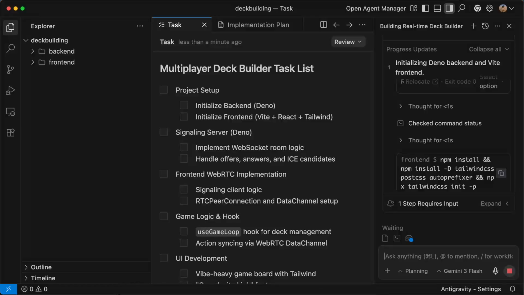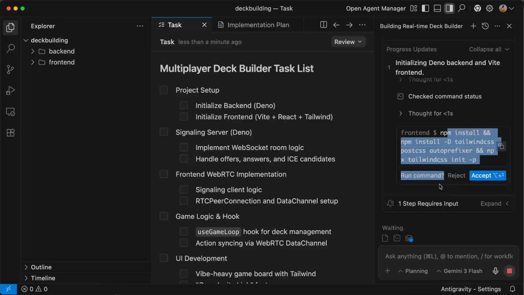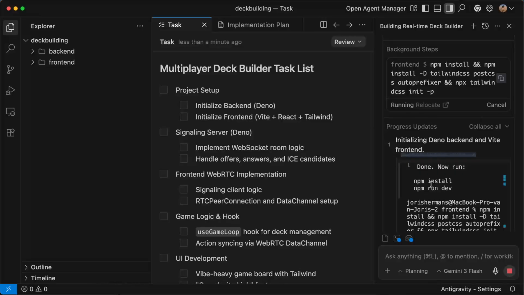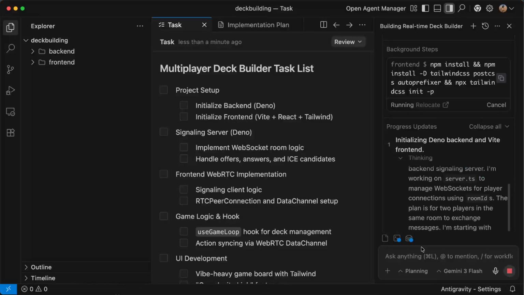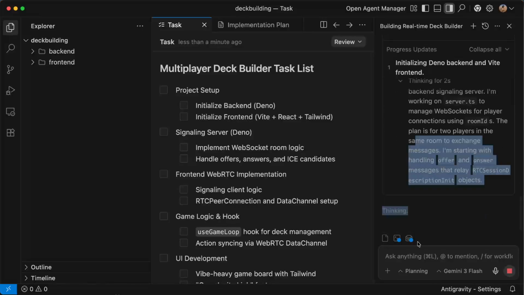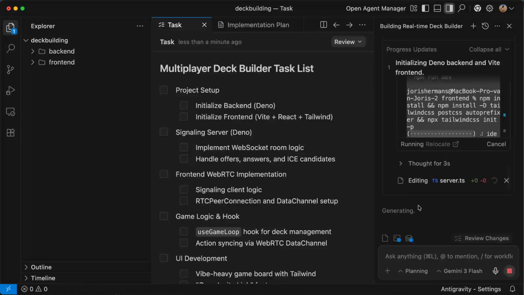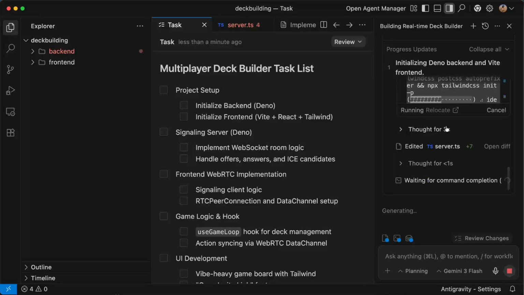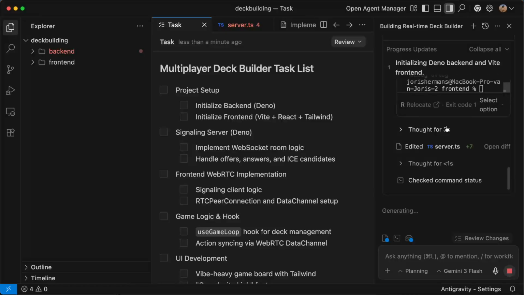So these are things that are important to then accept, and then it's going to execute these kind of things, right? And then you see here is again thinking, and you can see which kind of process is running in the background and what it's doing there.